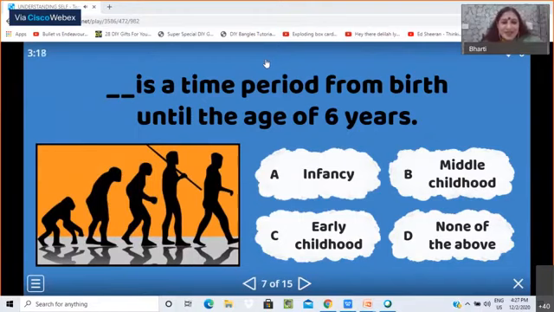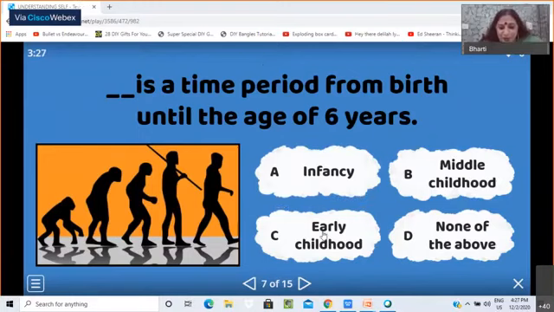Yeah. It's a time period from birth until the age of 6 years: infancy, early childhood, middle childhood, or none of the above. So we move on to our